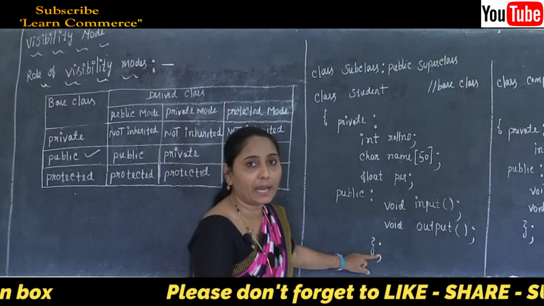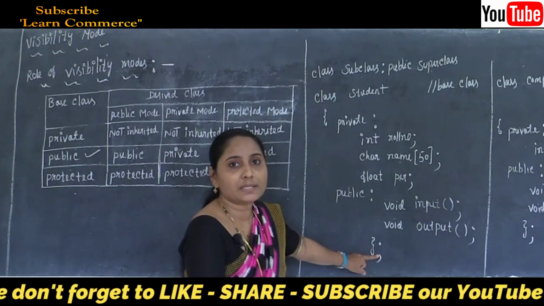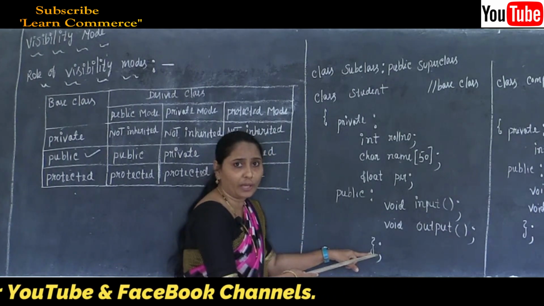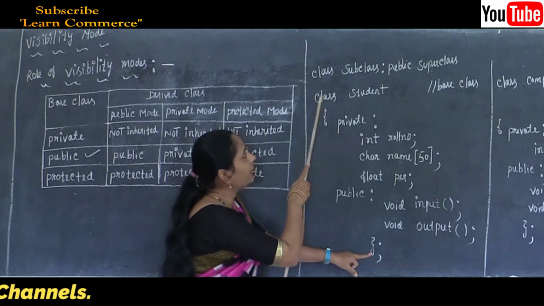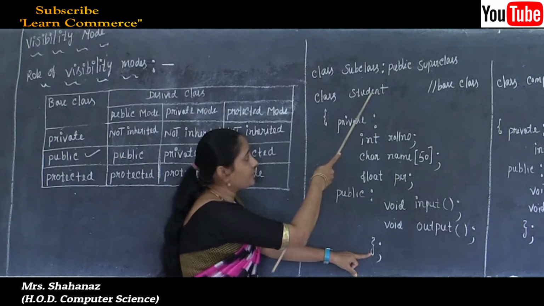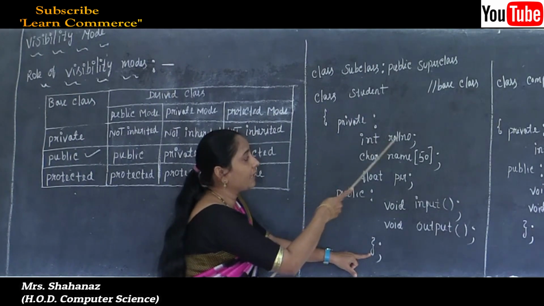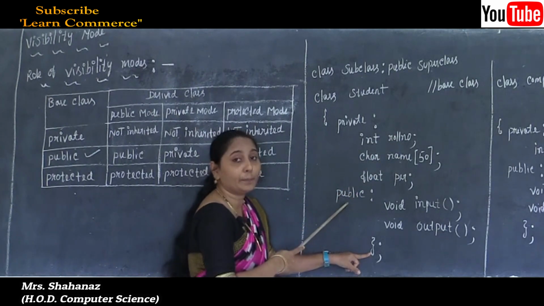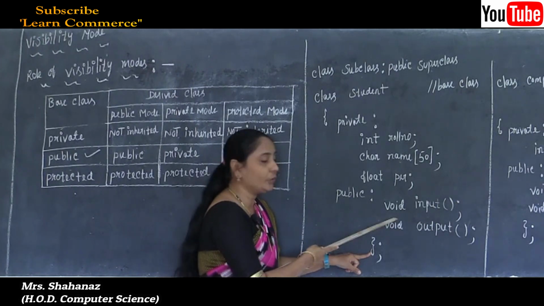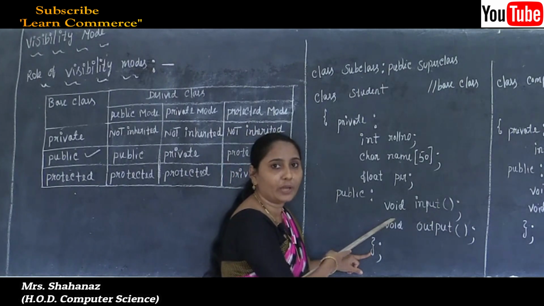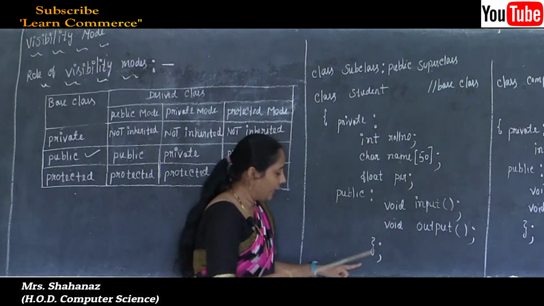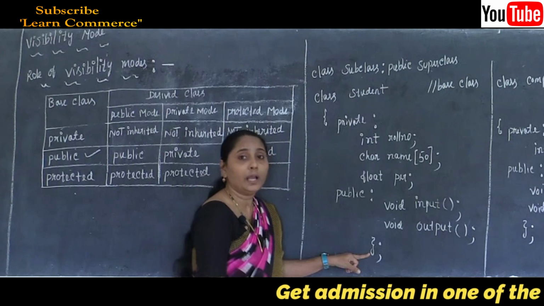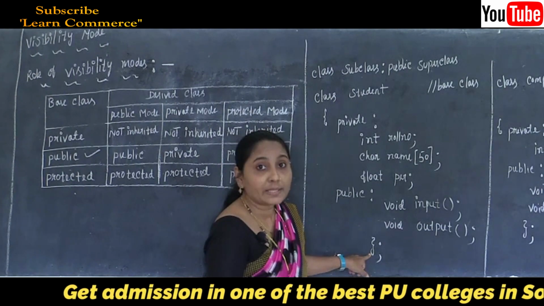Why? Because we know that, the most important note, the base class definition is terminated by using the semicolon. Clear this part? So we can say that it's a keyword, the base class name here student, and the member data roll number, name, percentage. And in public access specifier we need to declare some member functions, input and output here. So and later flower bracket, semicolon, that is called the definition of the base class.